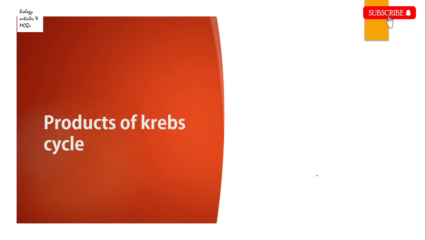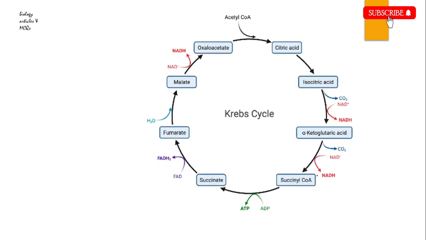This is the final product that is called oxaloacetate. So next we will talk about the products of the Krebs cycle, meaning how many ATPs or GTPs, NADH, FADH2 are formed over this cycle. So let's revise this cycle once: we start this cycle from citrate, or simply citric acid, and end this cycle at oxaloacetate. Firstly oxaloacetate converts into citric acid,